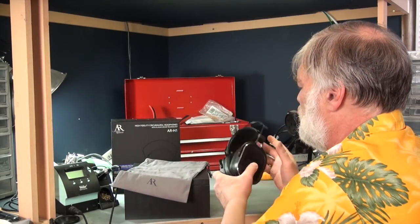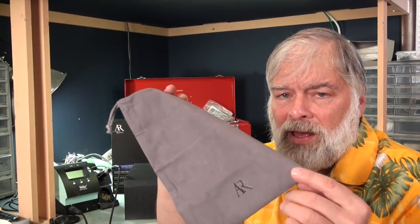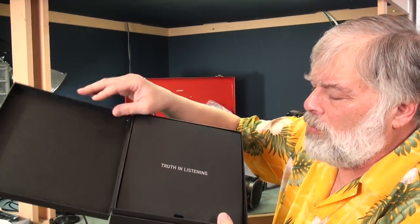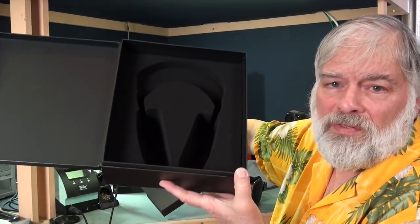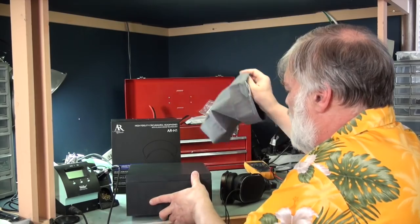So in the end, I should mention also, before I wrap it up, the accessories. It comes with a fabric bag, and then just a very plain sort of cardboard box with a foam cutout, which is adequate. But when you add together the cable and the mini plugs on the end of the cable and the fabric bag,